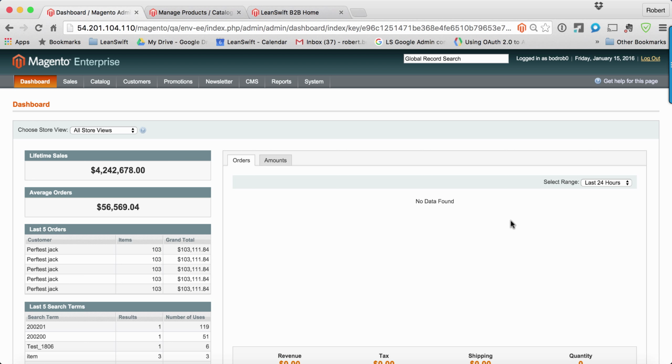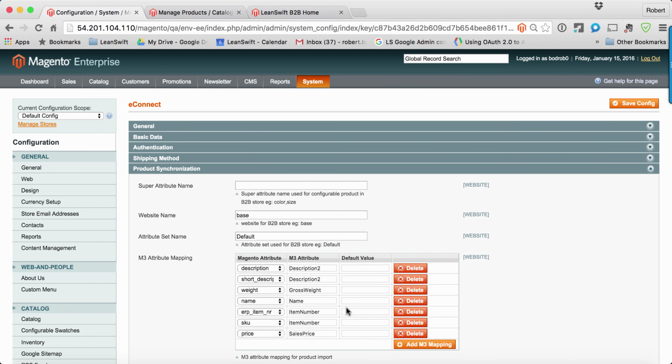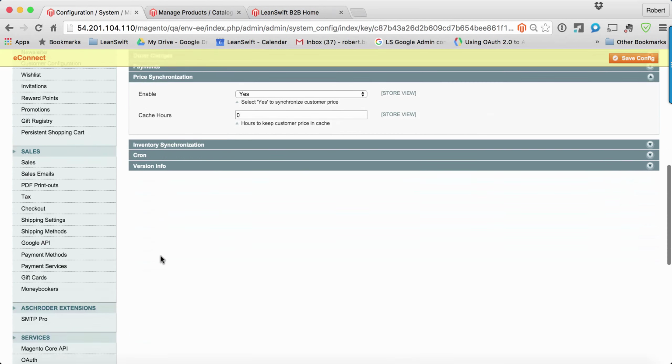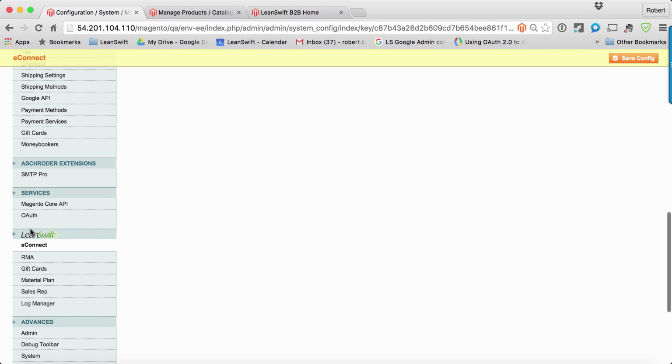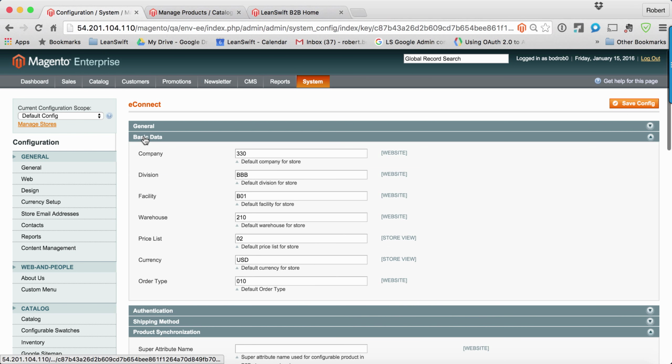So let's get started looking at the system here. As you can see, I'm logged in here to Magento admin. I want to talk to you a little bit about some of the backend configuration for this. So we're going to go into system configuration. Just going to scroll down here so you see this is the LeanSwift config section, and we're currently in the base eConnect configuration. So we're going to start with looking at two settings within the basic data section,